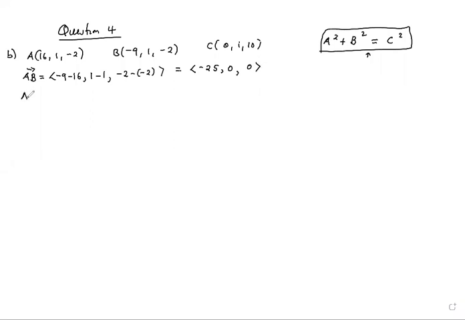Then the vector AC, when forming the vector, you are subtracting the inner coordinates minus the first ones. So 0 minus 16, 1 minus 1, and 10 minus 2, giving us -16, 0, 12. And then vector BC is equal to 0